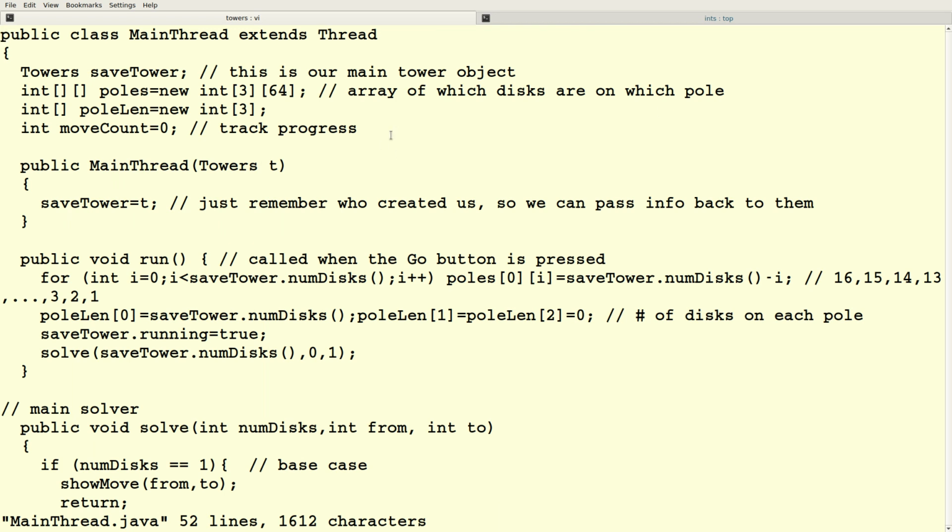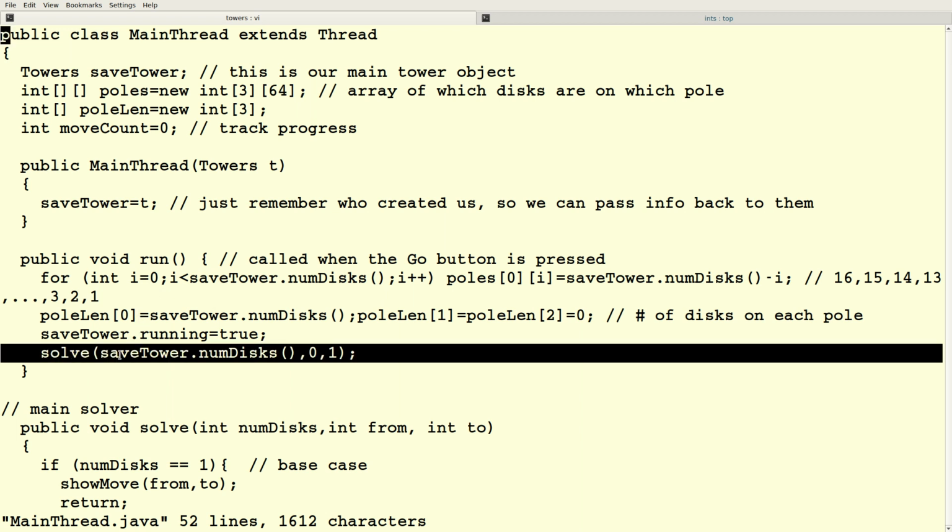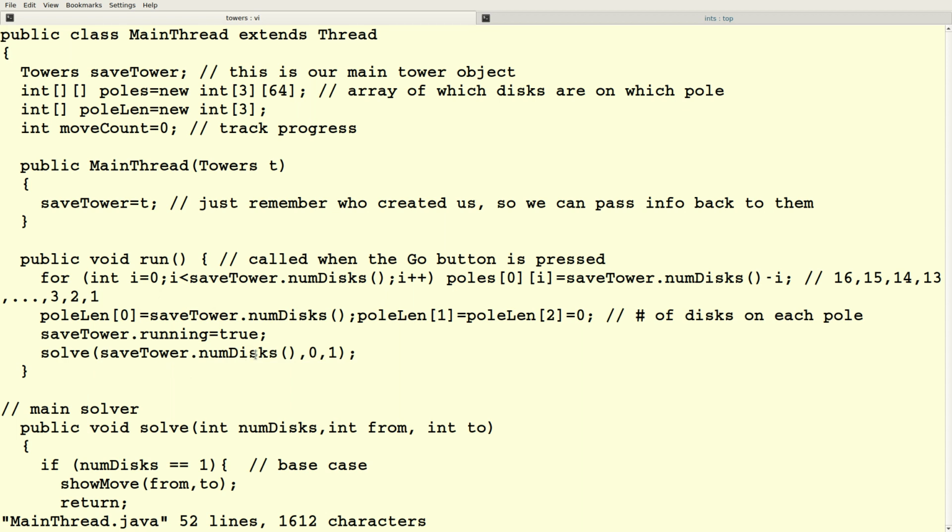So the run method basically does the following. Sets up the initial disks, right? So depending on how many disks you have, it puts the largest disk at the bottom and builds up from there, on pole 0, and then it calls solve, which says solve whatever the number of disks is, moving from pole 0 to pole 1.